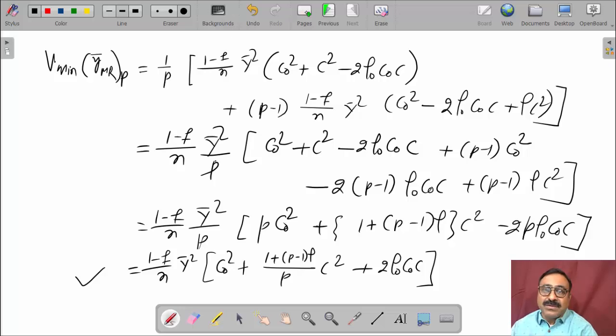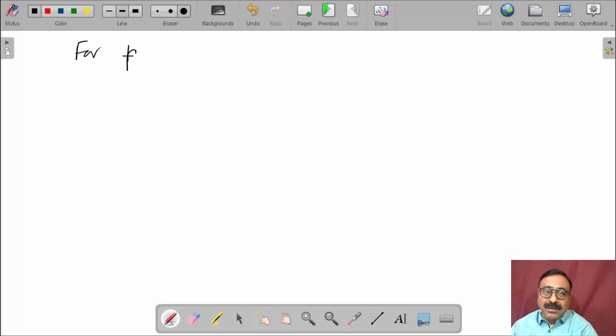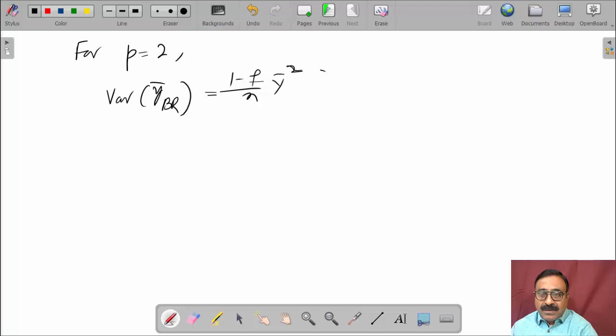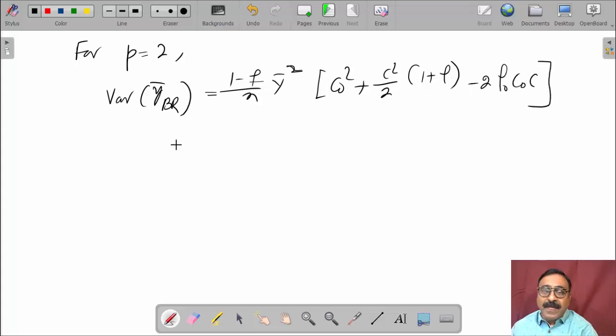So for P equal to 2, we can get the minimum variance for the bivariate ratio estimator as 1 minus F by N y bar square, C0 square plus C square by 2 into 1 plus rho minus 2 rho 0 C0 C. Now similarly, replacing P by Q, the minimum variance of the multivariate ratio estimator with Q auxiliary variables